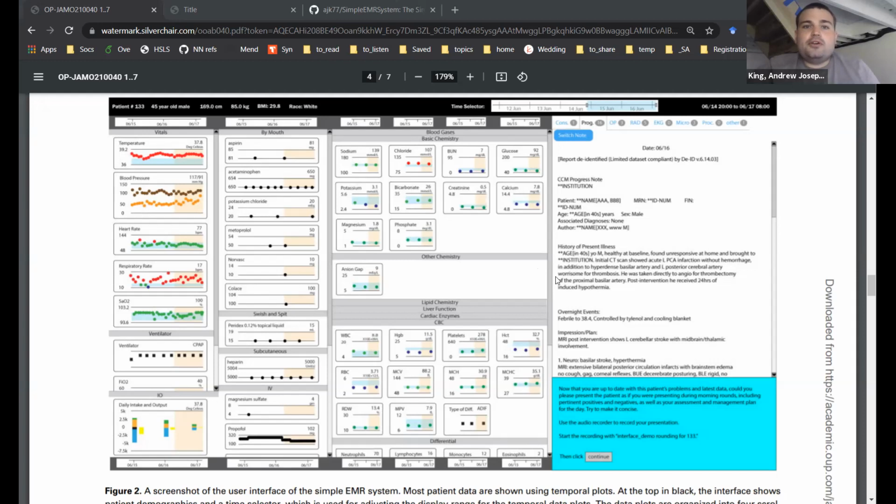ICU patients in particular generate lots of data where they might have a lot of various real-time physiological data. They're on a variety of medications. They might have different therapies, such as they might be on a ventilator. And then there's a plethora of laboratory tests as well. So in this work, the idea was, could we somehow track how physicians use the EHR, build a machine learning model to predict for this given patient what information would they want to see on this particular morning, and then adapt the EHR in order to highlight